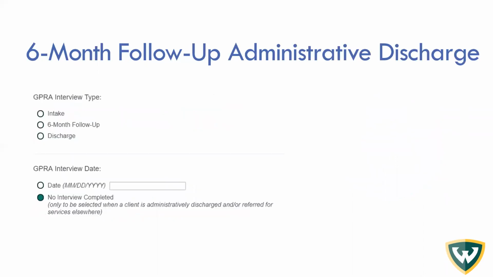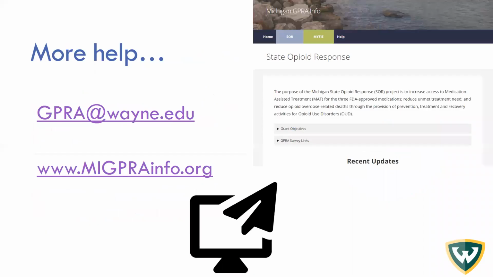So that brings me to the close of this training. Forgive me for any verbal gaffes along the way, or slide progression gaffes along the way. Again, you can reach us at gpra@wayne.edu for any of your GPRA related questions, concerns, insights. If you need a PDF, if you made an error and you want me to correct it, anything like that, we're available to you at gpra@wayne.edu. We just ask, whenever referencing a GPRA, you always include the client ID, the interview type, and the interview date of the interview type that you're asking about.